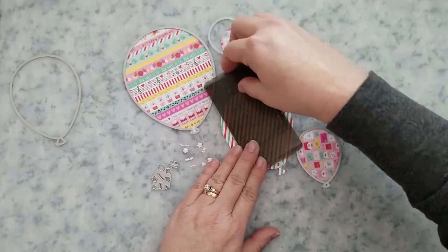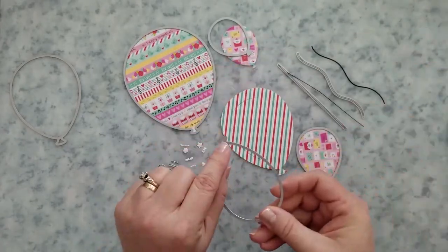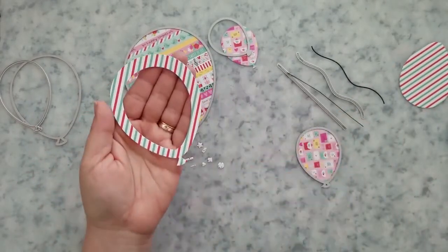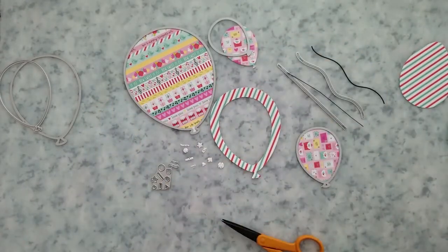And you can easily make shaker cards with these balloons. So here I'm showing you how you can do a little bit of partial die cutting and create a frame for a shaker. Then you could take some scrap pieces of paper to cut those confetti pieces out and add that to your